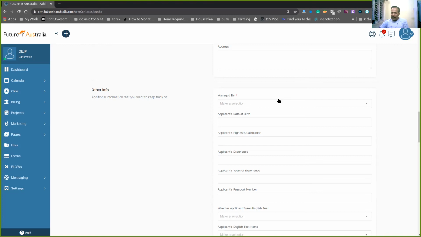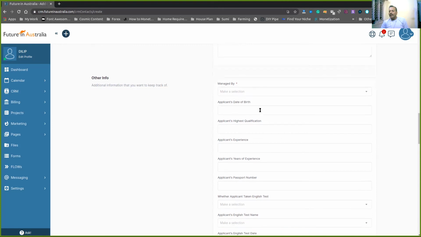Like when it is under the sales process, right at this moment Shailaja is managing those leads, because all the salespeople are reporting to Shailaja. When it goes to the next phase or the processing phase, the team needs to update it again. Now here it is applicant's date of birth.